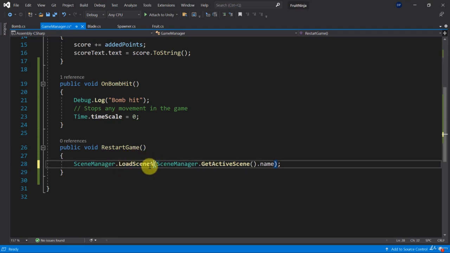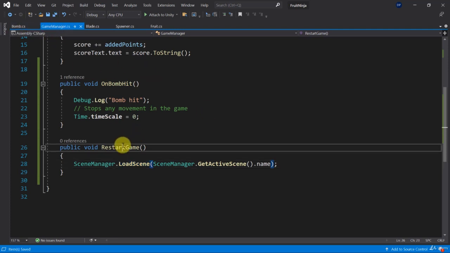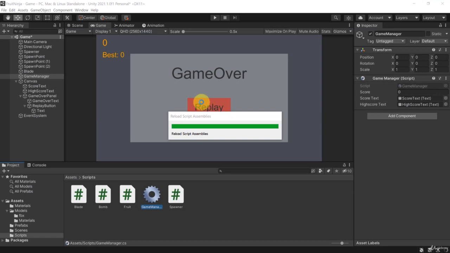If you want, you can also load the scene asynchronously using the load scene async, which will load the scene in the background, and only once it's loaded, it will display it. But I think in our case, load scene should be fine because it's a very simple scene. There's not much going on. So let's save the game manager, and now we want to call this method once we clicked on the replay